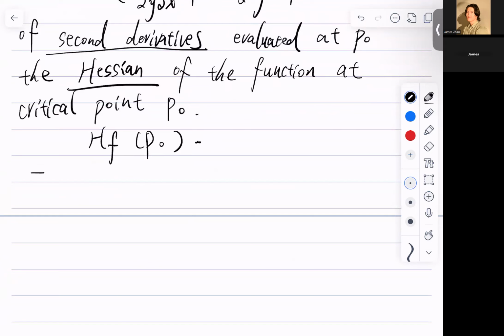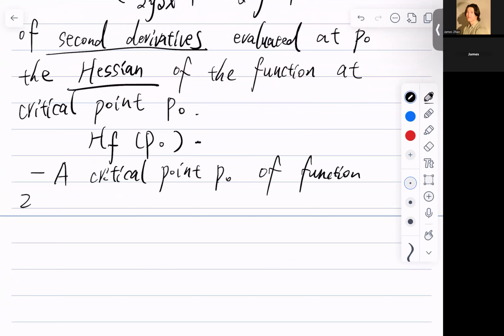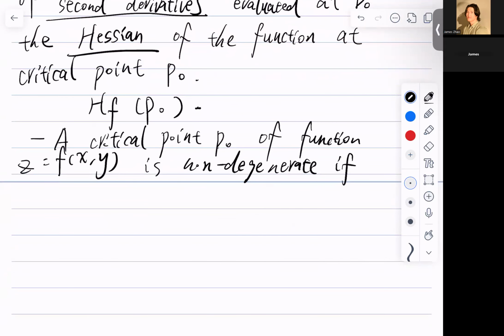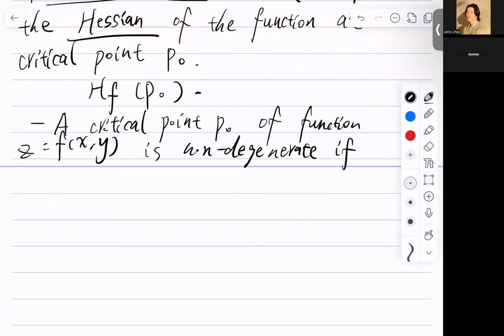So a critical point, P naught, of function z, when is it degenerate? It's a rhetorical question, of course, but you can sort of answer it on your own. And I kind of hinted at it when I constructed this matrix, right? So if our determinant